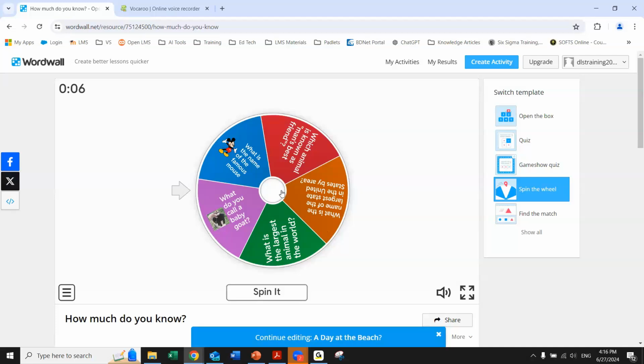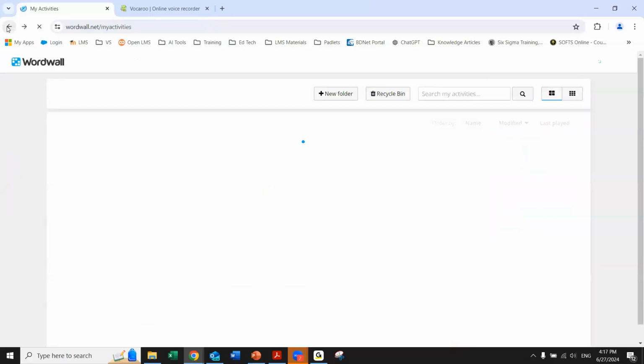And then you have another template. So the three templates, you can switch them, you can recycle them as you like. And one more thing,